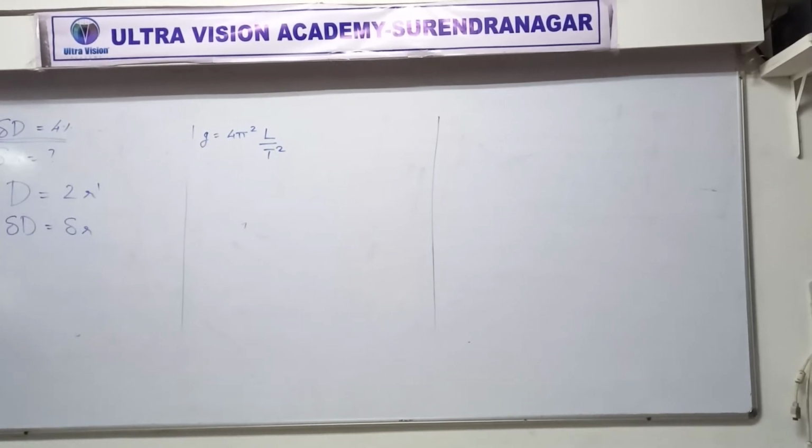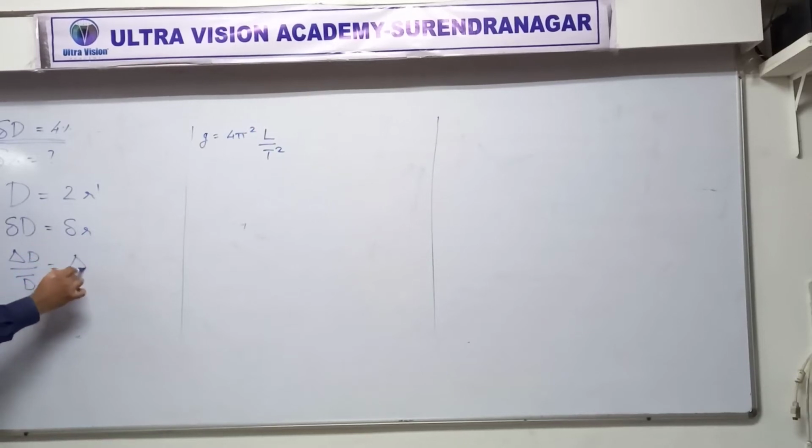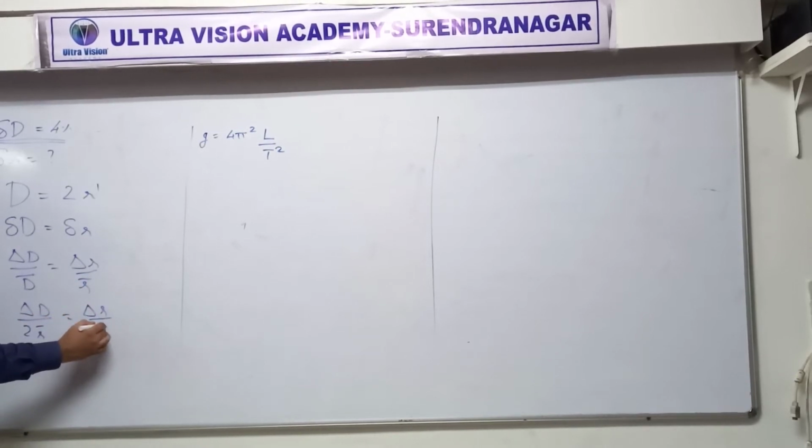Be careful. I know that radius is half of diameter, but still in this case the percentage error in diameter and radius is same. If we are talking about absolute error, then it would be a different story. Let's take a moment to explore that also. From here, delta D by D bar equal to delta R by R bar. Where is 100? I cancelled it. Understood? Now, do you realize that D bar would be 2 times R bar? Yes or no? Why so? Because diameter is double of radius.